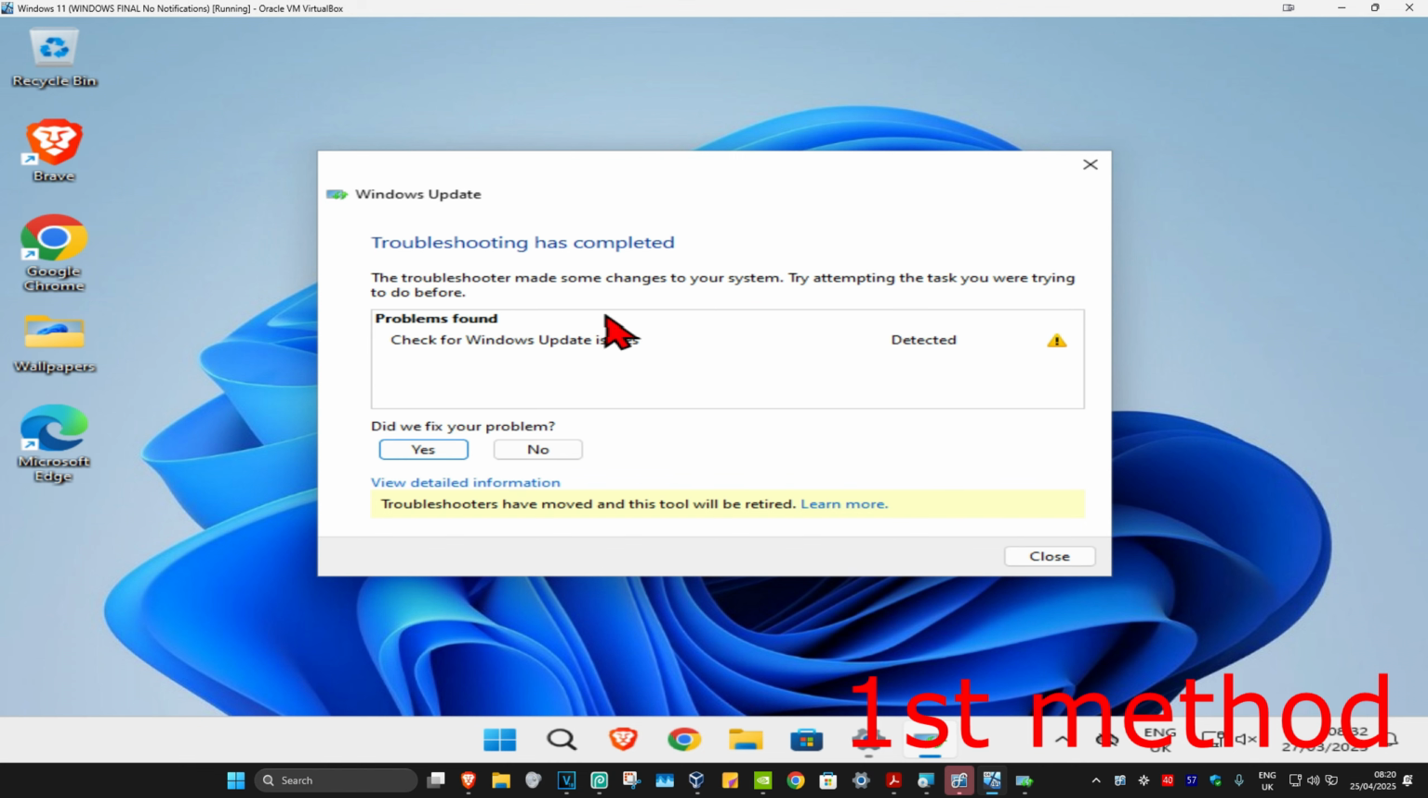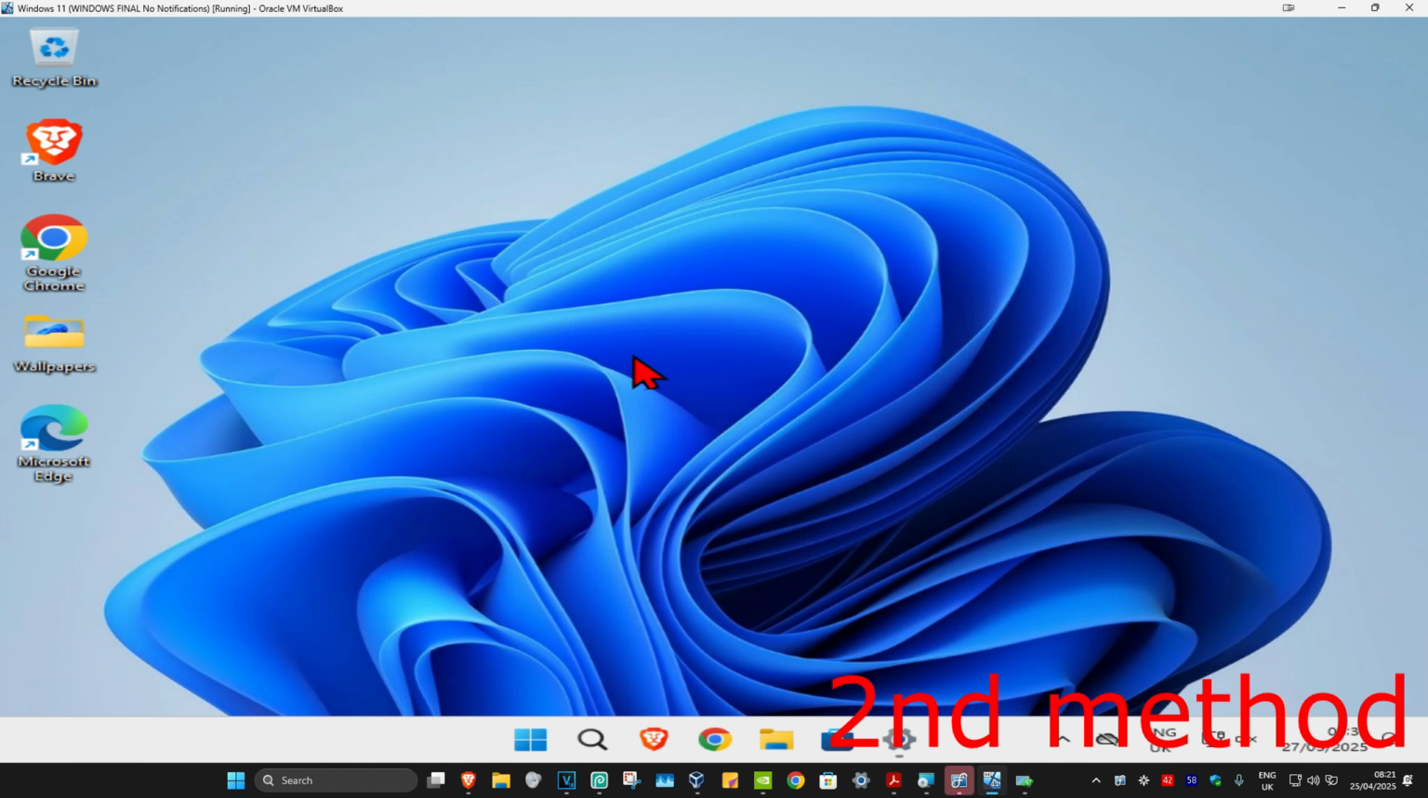Wait for this to load. And then once that's been done, if it detects any problems, it will try to fix it for you. See if that works. If that's still not working, then for the second method, you want to head to